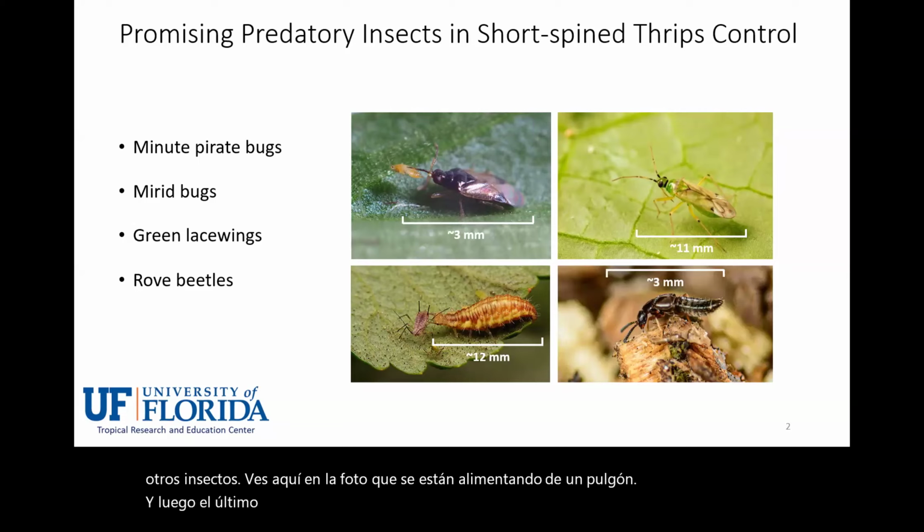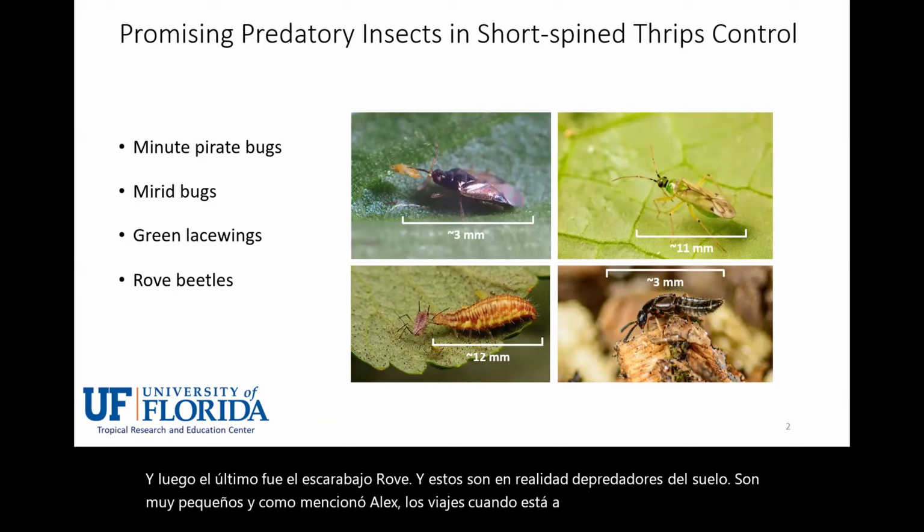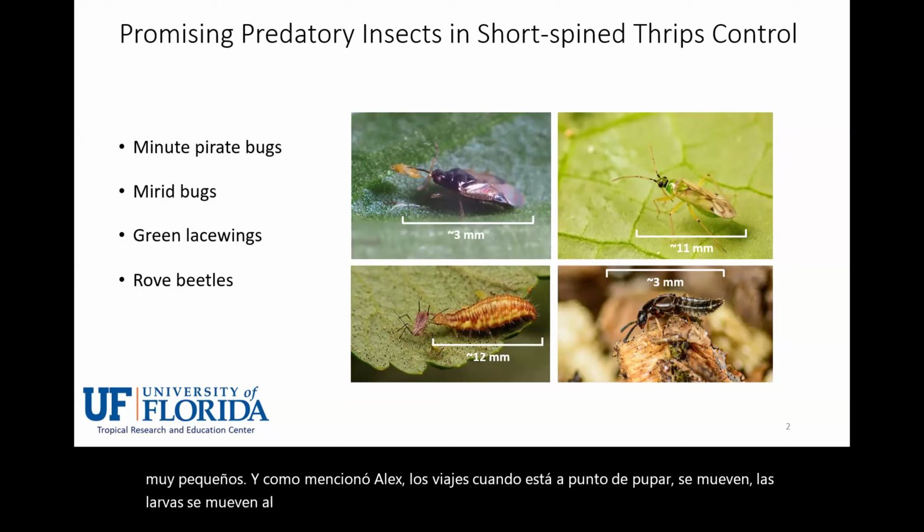And these are actually soil predators. They are very small. And as Alex mentioned, when the thrips is about to pupate, the larvae move to the soil and then they pupate in the soil. So the target stage for this rove beetle